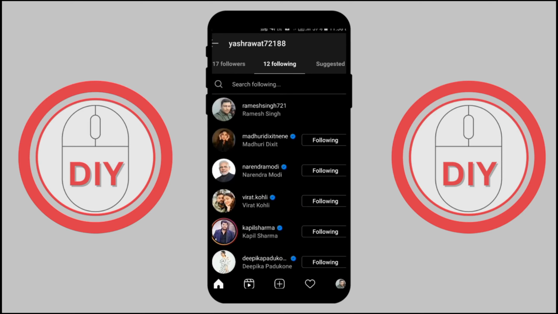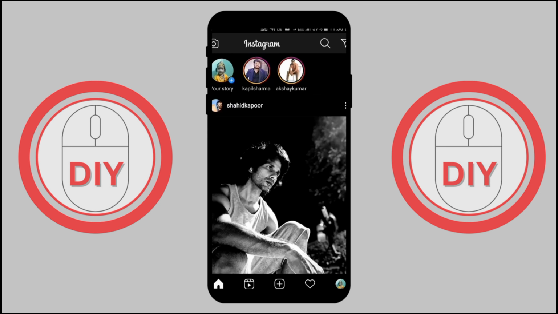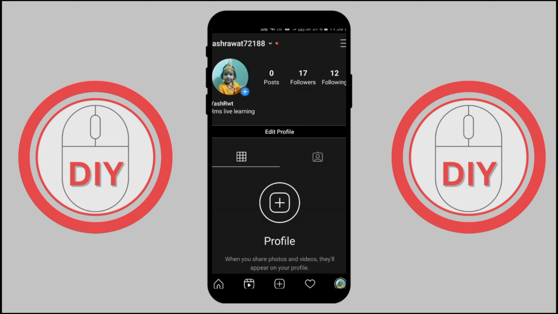How to hide your followers or following list on Instagram. Follow these simple steps to keep your followers and following lists private on Instagram. Step 1. Make your account